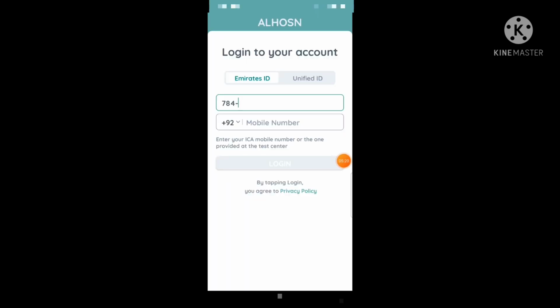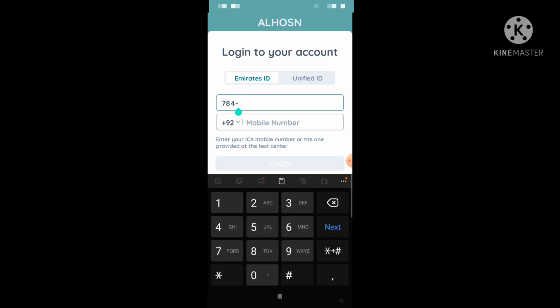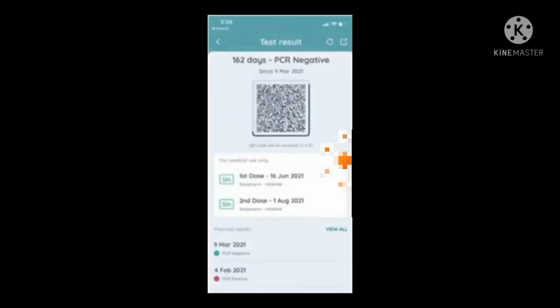So guys, when you have submitted your certificate on the DHA website, you can log into your Al Hosn app. In the app you will see all your information, your negative test.